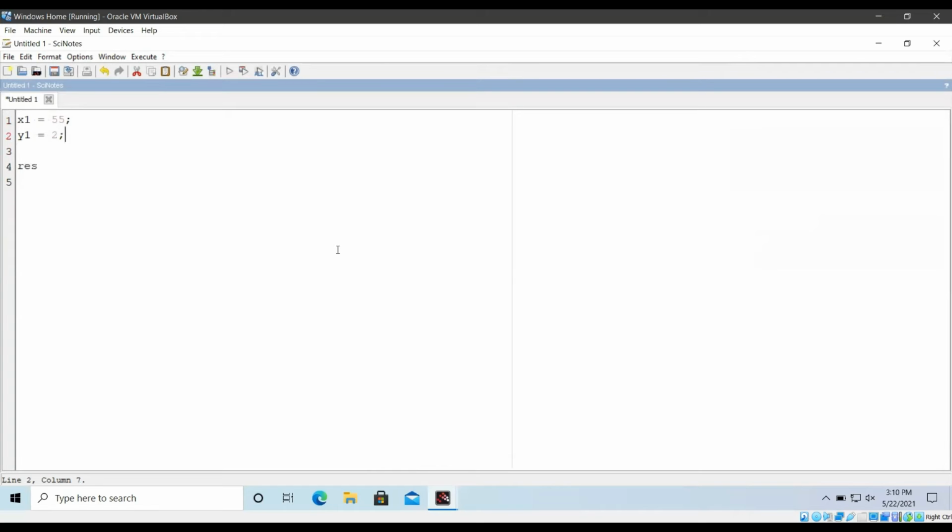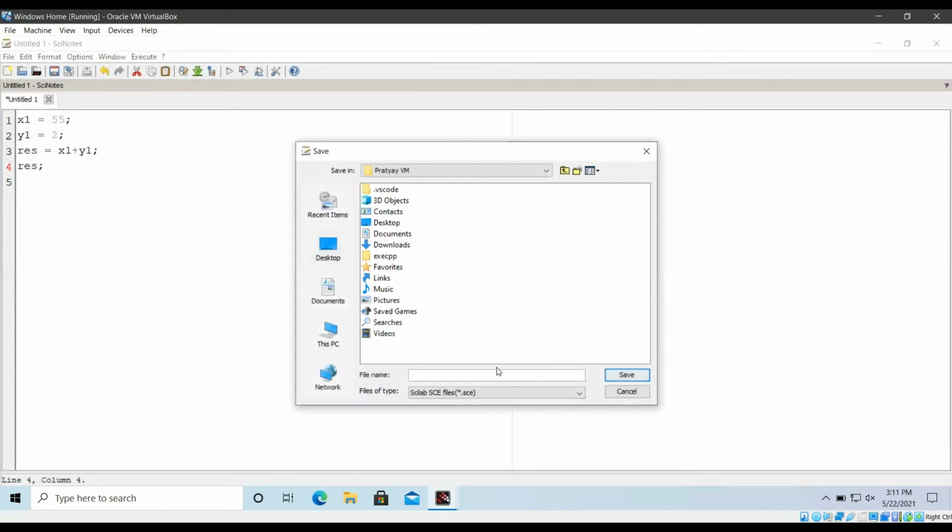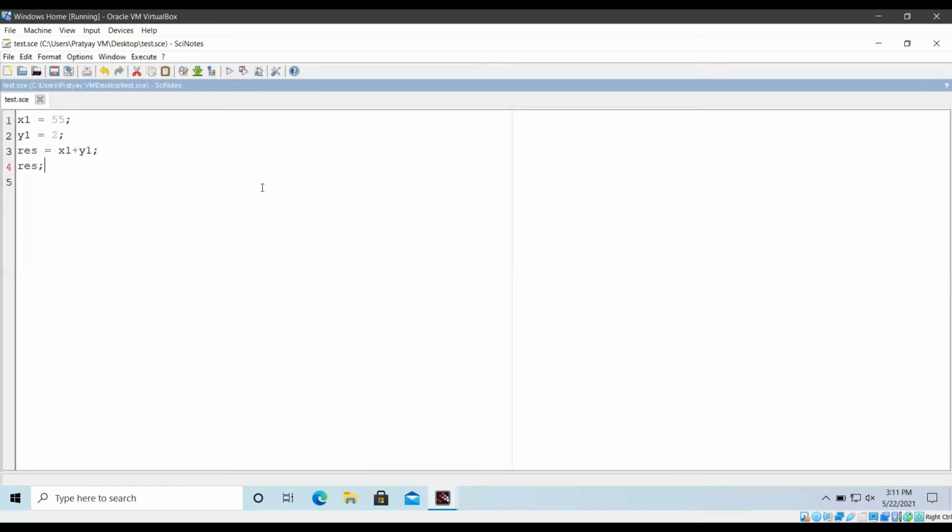So what I'm doing here, creating another variable called result, and then what I'm doing here is x1 plus y1. I don't think you need a semicolon, but let's see. Because I'm printing out result. Let's save this thing. Control S and saving it in my desktop. So I'm giving it a file name of test. So I'm saving it, and now if I have to execute it, I just have to click here, execute, and then it will throw some error if it has some.